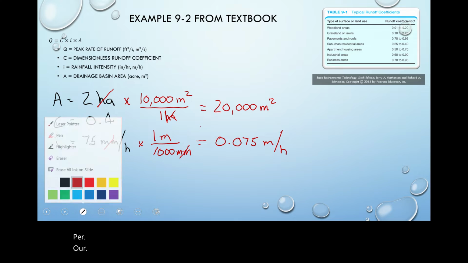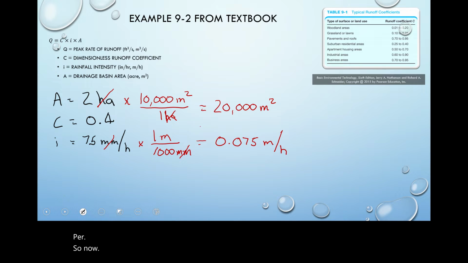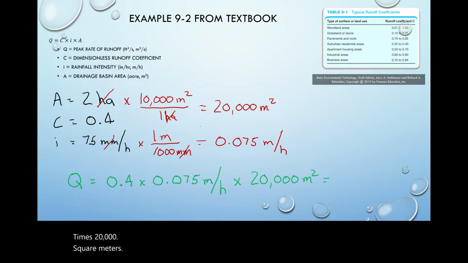Okay, so now we can calculate our Q. Q equals 0.4 times our rainfall intensity, 0.075 meters per hour, times 20,000 square meters, and I will get 600 cubic meters per hour. Okay, but our units need to be in cubic meters